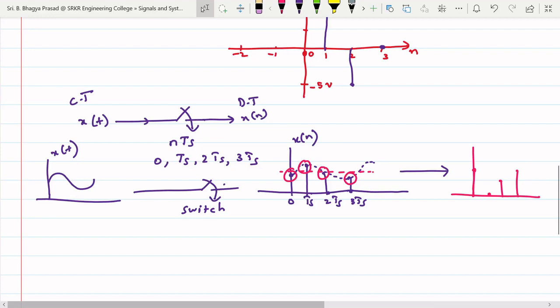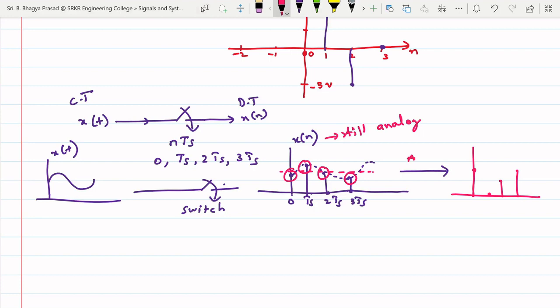This is still an analog signal, x of n is still analog, but discrete time. So now with the A to D converter, we are going for this x of n, it is a digital signal,